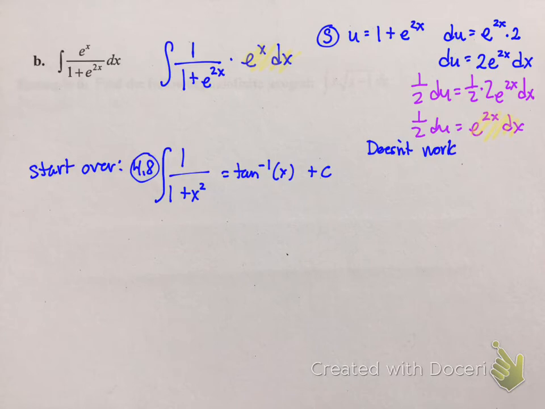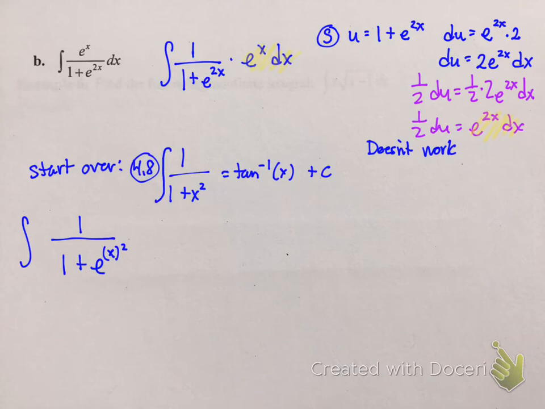So maybe we could write this so that it works out right. We rewrote the problem, but if I look at the original problem, 1 plus e to the x squared,